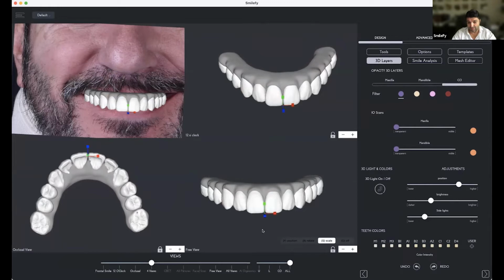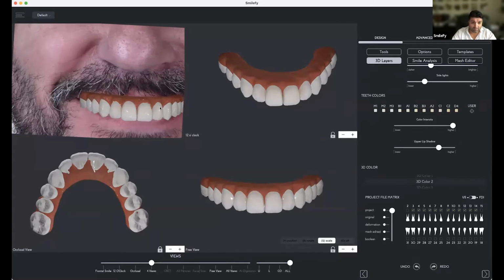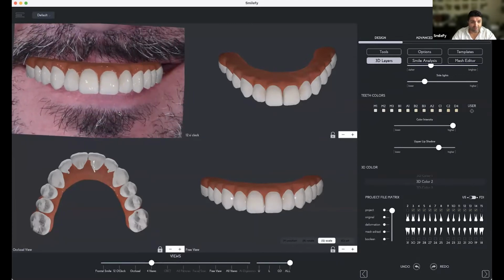Yes, it looks good. I can put on my light reflections, and of course the 3D rendering, right? The 3D rendering.